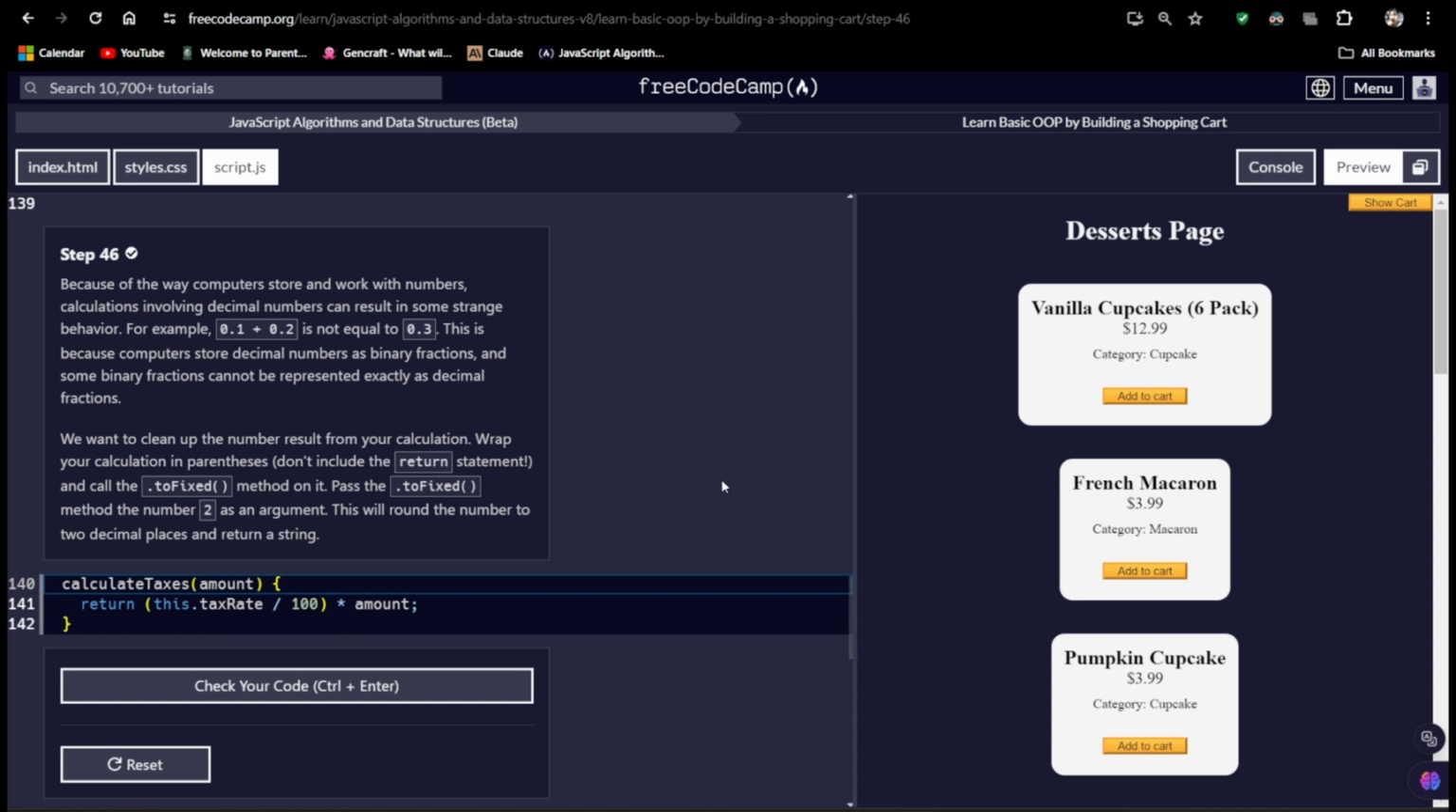Because of the way computers store and work with numbers, calculations involving decimal numbers can result in some strange behavior. For example, 0.1 plus 0.2 is not equal to 0.3. This is because computers store decimal numbers as binary fractions, and some binary fractions cannot be represented exactly as decimal